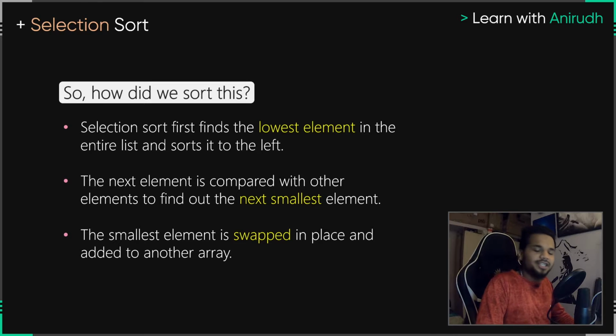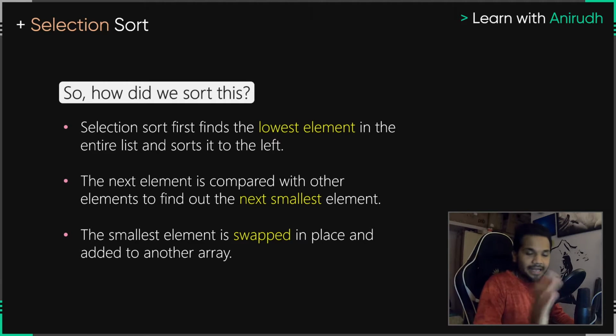The logic of selection sort was simple. First step is to find the most minimum element, find the lowest element in the array and move it to the first position. In our case, we already had the element in the first position, so we did not move it. If your lowest element was in the last place, swap it with the first place and bring it to the first place. Your most minimum element should always be in the leftmost position.